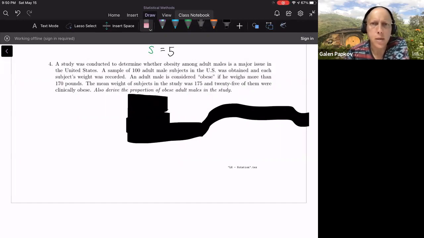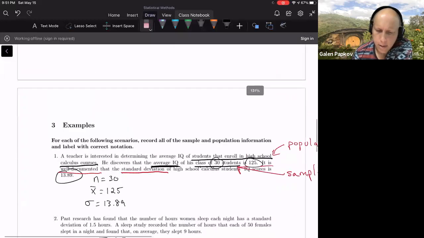A sample was used in the study. The mean weight was 175 and 25 of them were clinically obese. So X bar is 175, but then you're given this information about 25 of them were clinically obese. And so that's 25 of the 100. And so if you're looking at the percentage that are obese, and this is the percentage of your sample,